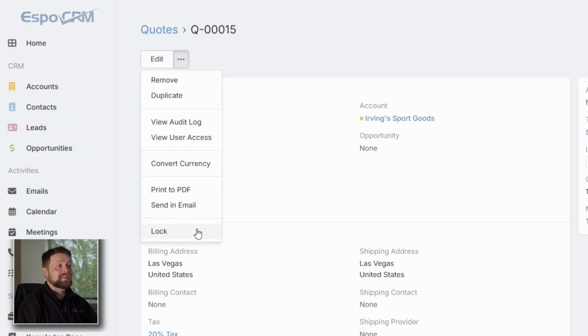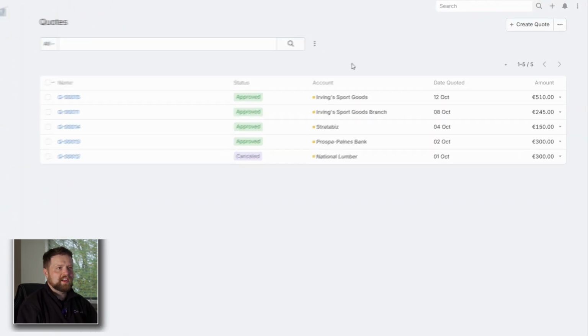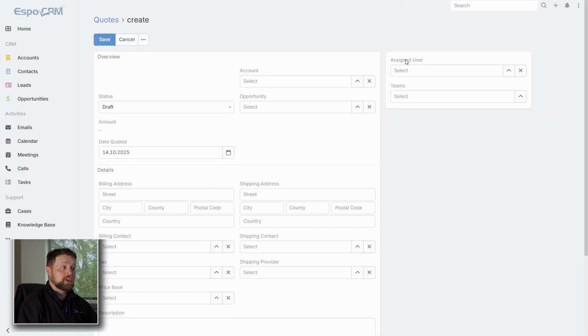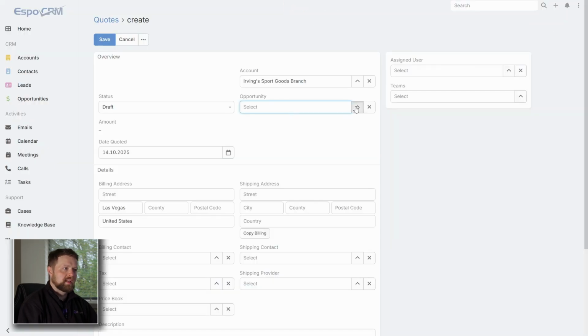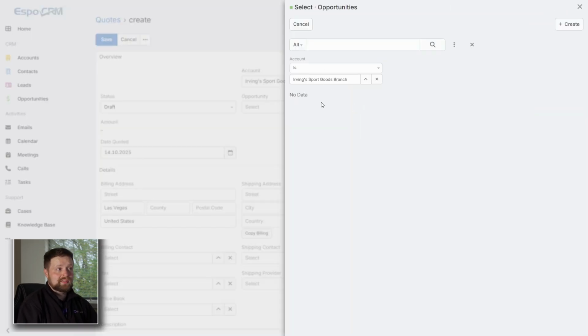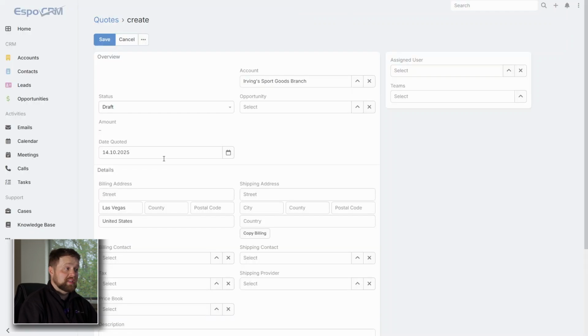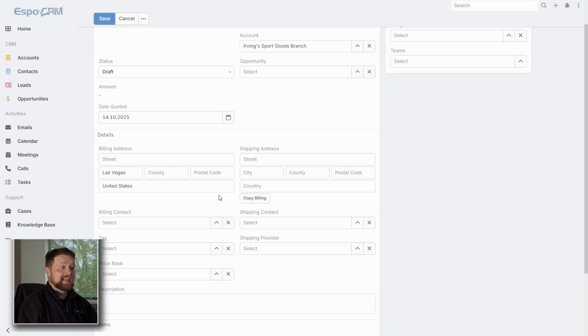You can also lock it if needs be, should there be no need to go any further with this particular quote. It's super easy to create quotes as well. Just simply go up to create quote, fill in all of the information. So if you pick an account, so let's go Irving Sports Goods again, attach it to an opportunity, which if there isn't currently one, you can create in here, give the date that this was quoted and the billing address